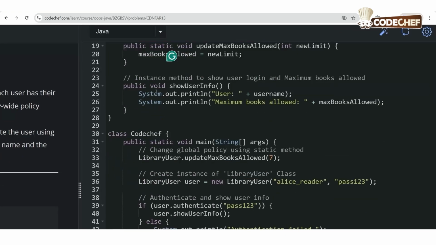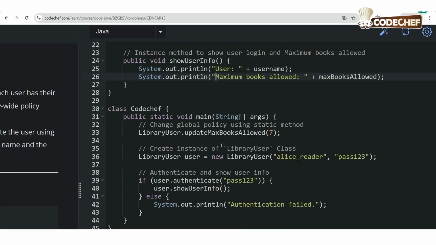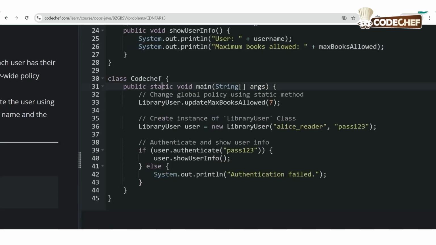Now we use an instance method to show user login and maximum books allowed. So System.out.println user plus username, and these two lines will print the user and maximum books allowed. Now our main function, where we change global policy using the static method, and here we create an instance of LibraryUser.